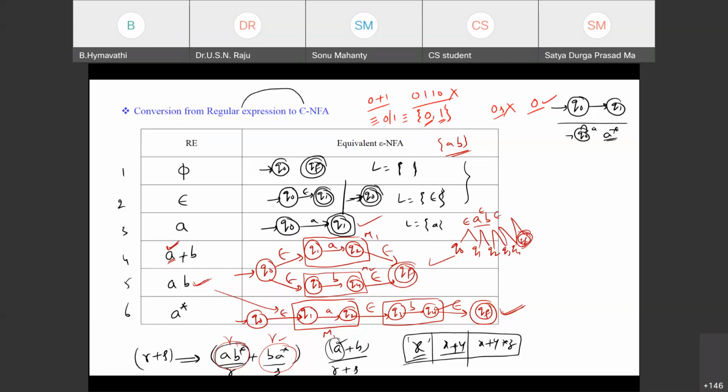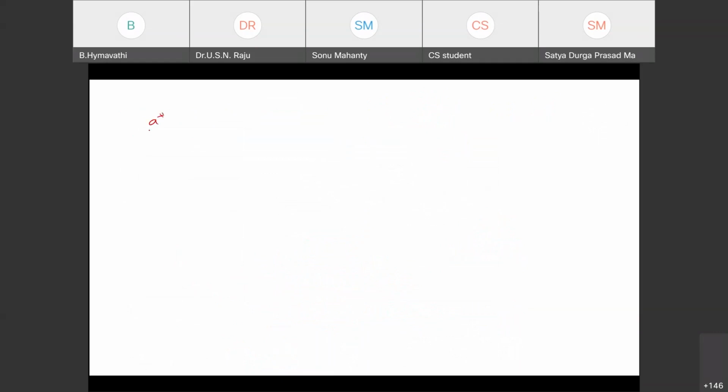Then for A star, please, this is important. A star, what is the language generated by this A star? What is the first string in this? Epsilon. Yes, epsilon, A, double A, triple A, four A's, and so on like this. Now we have a model for A. What is that? Q1,